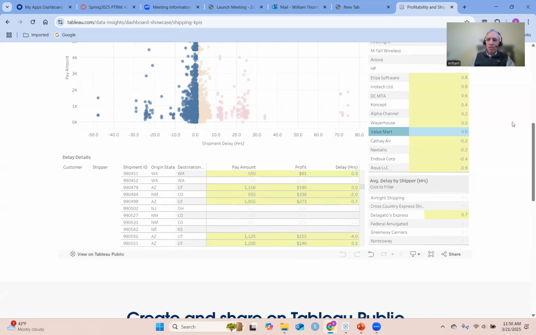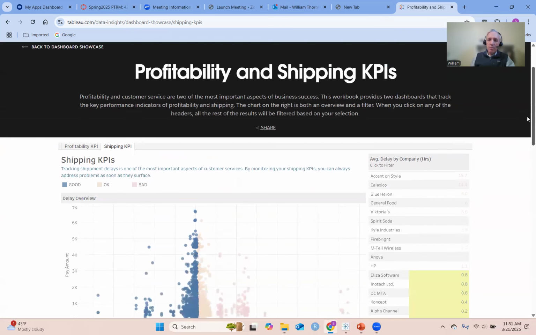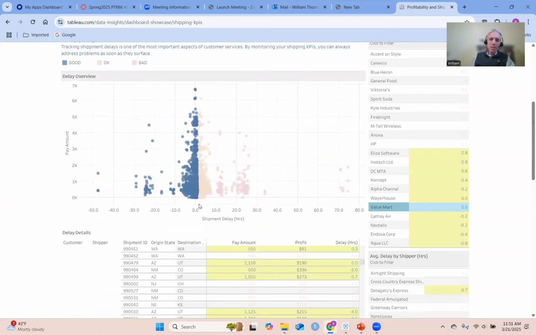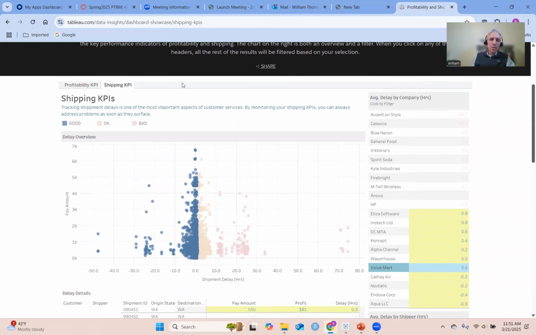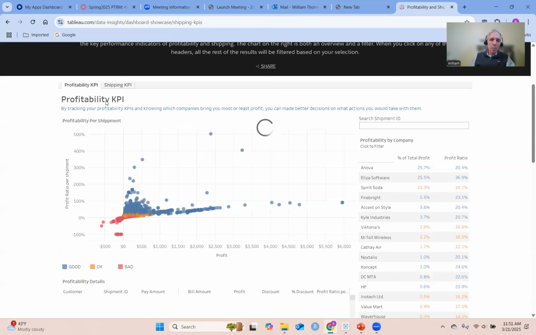So that was a relatively simple dashboard. And presumably it's really important to the manager of this department, because he wants to know how well he's servicing customers. So this one actually has two tabs. Let's see what the probability KPI is. Okay, so this is the probability,